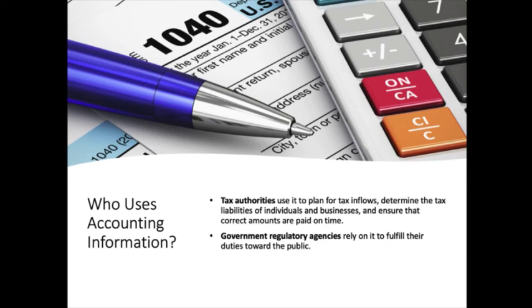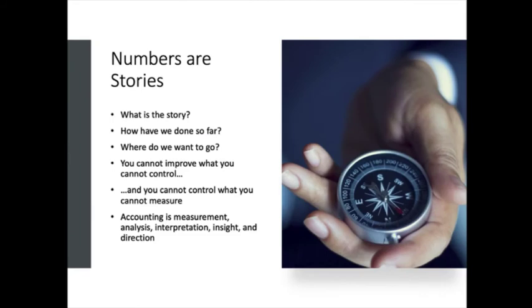You see the second bullet point there, government regulatory agencies also rely on it to fulfill their duties toward the public. That might be the kinds of authorities that provide revenue to community colleges that rely upon property taxes as a measure or baseline for revenue and all those kinds of things, right? So there are all sorts of different parties and stakeholders who use accounting information. These two slides are not at all comprehensive. These are just examples of a long list of different categories of folks who all use accounting information.